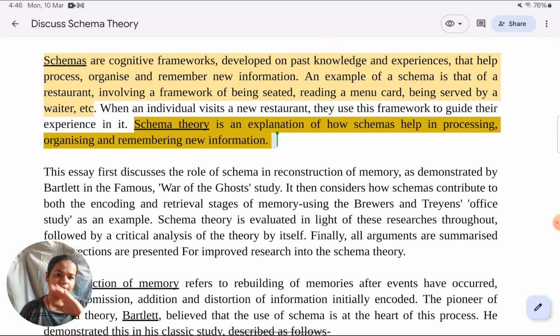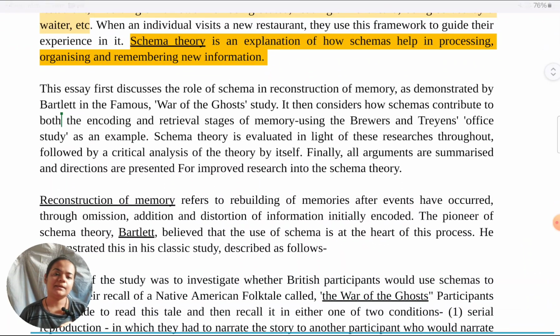So what we've seen right now, whatever is highlighted here, is just part of explaining the problem. That's just defining the key concepts. The next part of explaining the problem is outlining what is going to come in this particular essay. Another way of thinking about it is that the examiner has to read so many different essays. Some students are going to cover some aspect of schema. Some other students are going to cover some other aspect. How does the examiner know which aspects you are going to cover? That is what you need to outline precisely but clearly in the introduction to score high on criterion A.